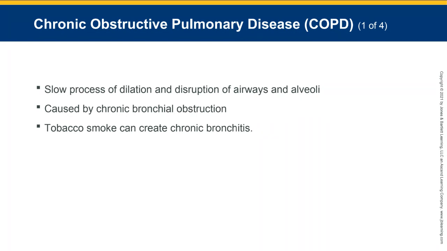The patient with chronic bronchitis as the dominant issue tends to be overweight. They tend to have a productive cough every 3 months over a 2-year period. They are blue or gray. They have a blue or grayish color because of the retention of CO2. And they gain weight because they don't move around a lot, because if they move around, they start to get